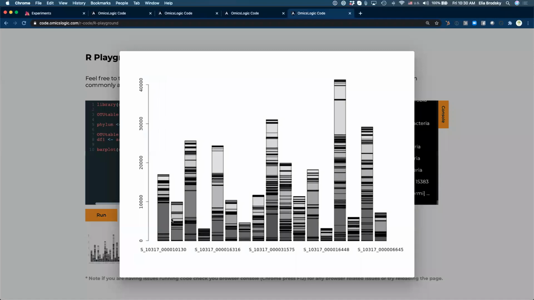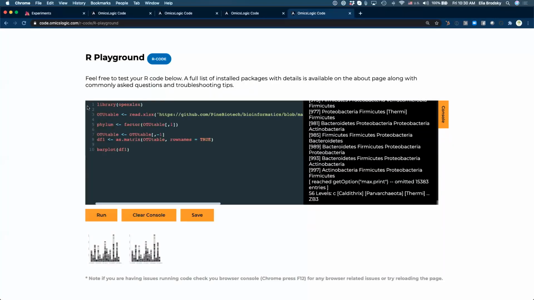Now there are a lot of problems with this bar plot in terms of how we see the labels, and we don't know what these little boxes mean, but it works, right? So has anyone gotten this to work on your end? This is the code. Does it work for anyone?